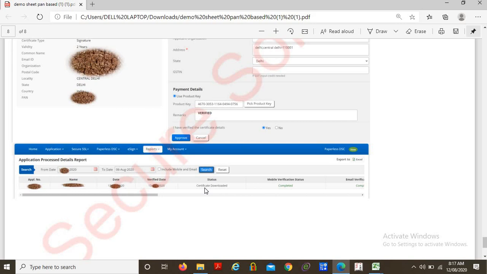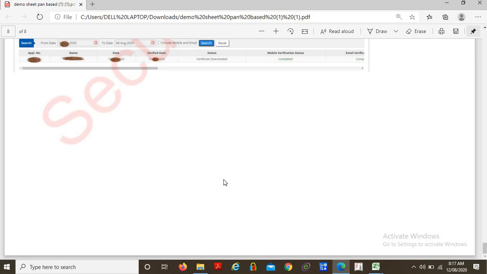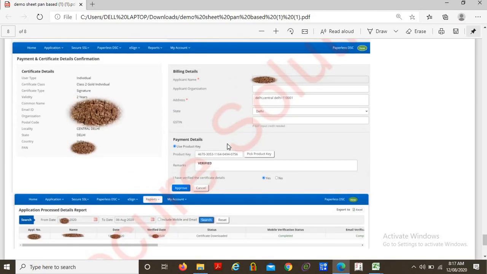And after that, once the application is approved, the status would be converted into DSC application approved, and after that, once you download your DSC, your status would become certificate downloaded. The customer has to do a video verification, and he has to show his original PAN card and address proof, and after doing that, you would be able to download your DSC.